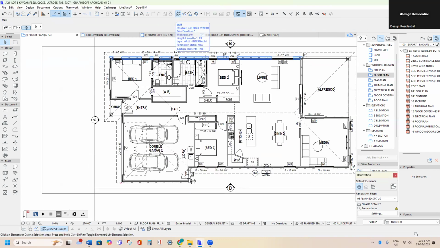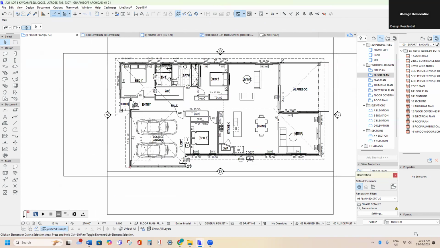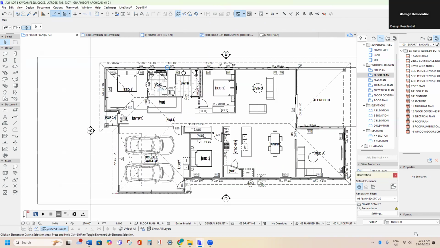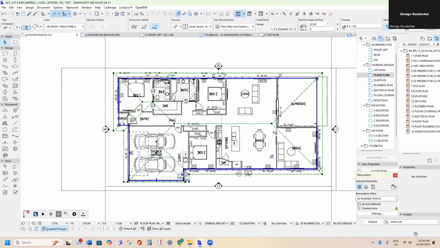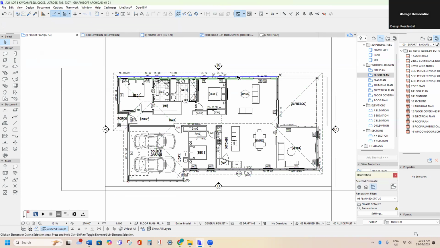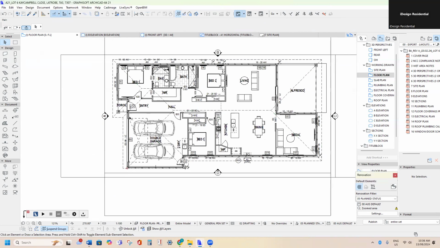Welcome to today's tutorial, and today we'll be learning how to do a floor plan in the DA development application stage. You'll get a CAD file emailed to you and you can open it up. When you open it up, there'll be a concept already there, which will be a model of a house. The model of the house will already be completed,